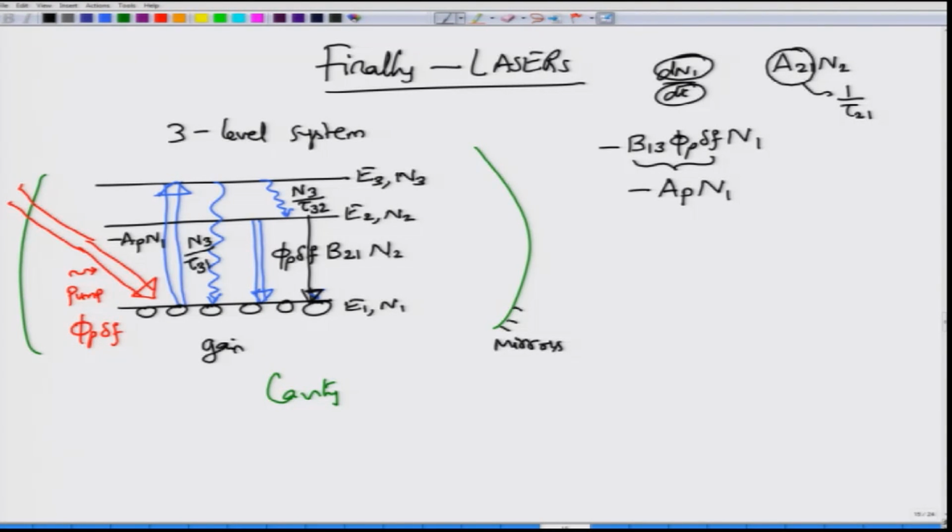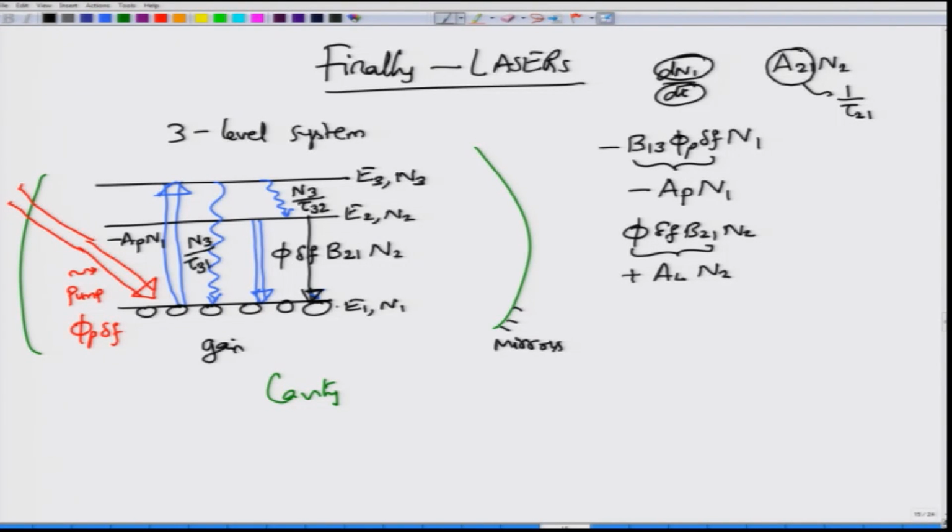I have written this as phi p delta F B21 times N2 as the stimulated emission case, and just like the previous one, this is not phi p, because this is not the pump photon density. This is just phi delta F B21 N2, and phi delta F B21, or B12 because B21 is exactly equal to B12, can be written as AL. So what you have is AL times N2, and this is a plus as far as the energy level E1 is concerned.